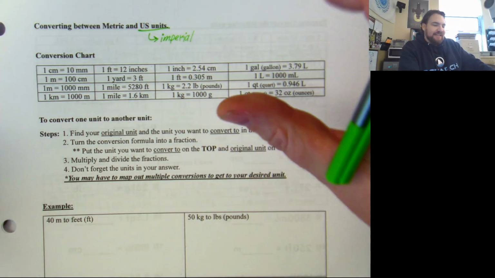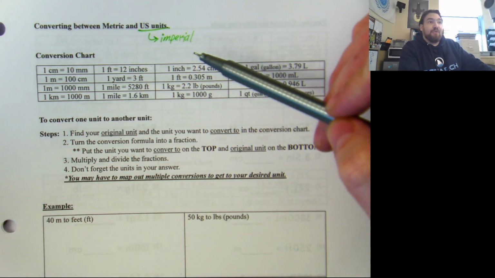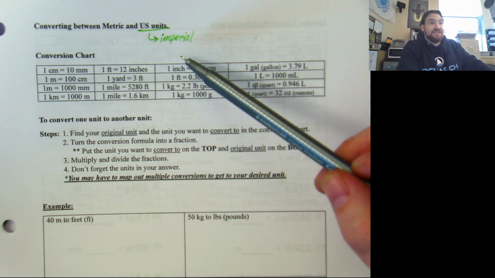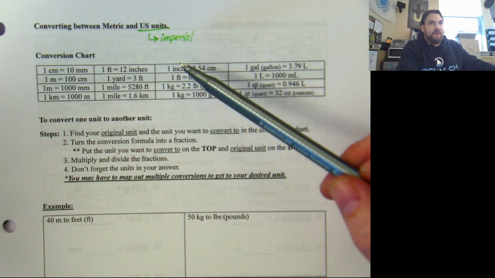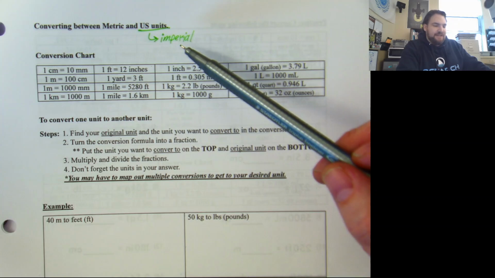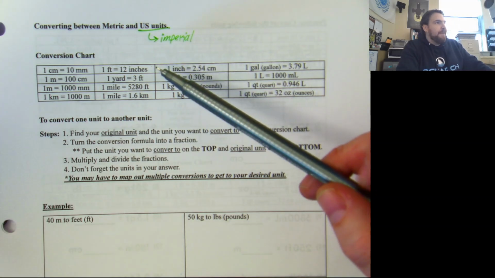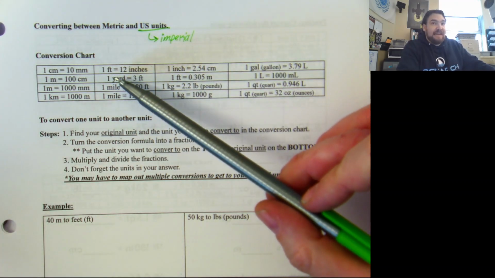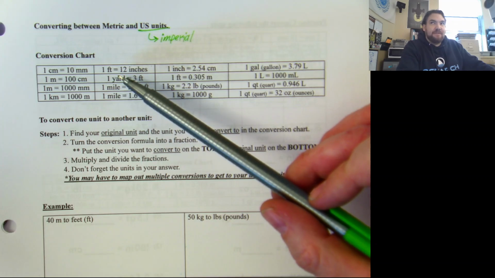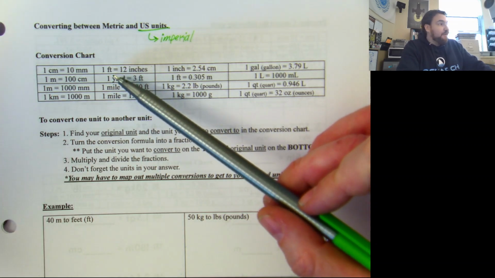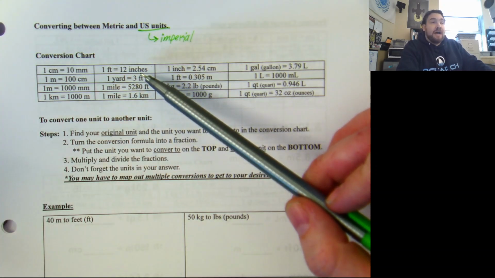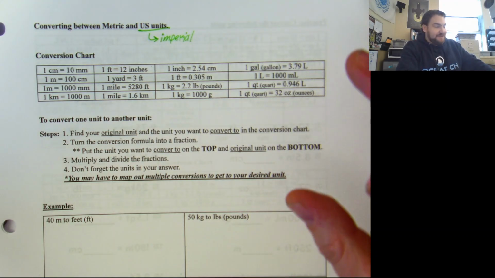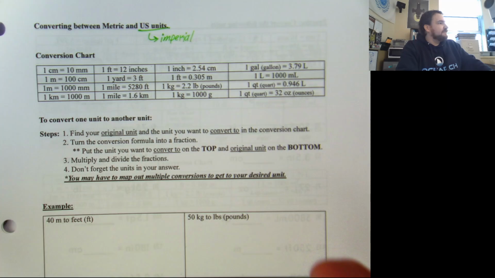Interestingly enough, even after the Revolutionary War, when the United States was like, nah, get out of here, Britain, they kept the imperial system, even though Britain and the rest of the world moved away from it. It came from some kind of ridiculous methodology. The foot and the inch were based on the most important thing in the empire. And the most important thing in the empire was